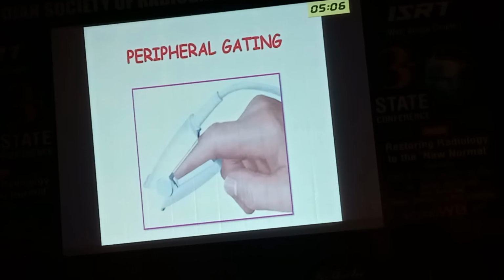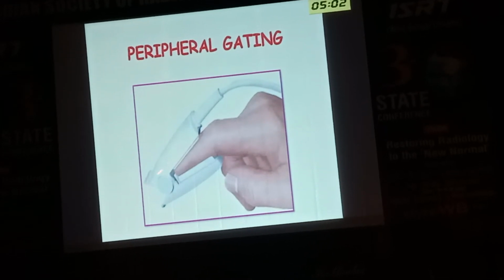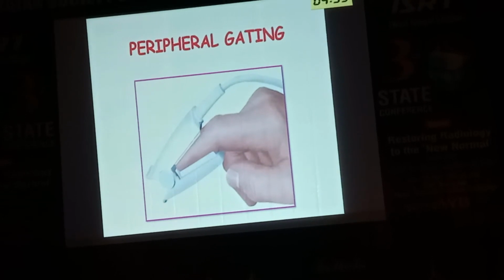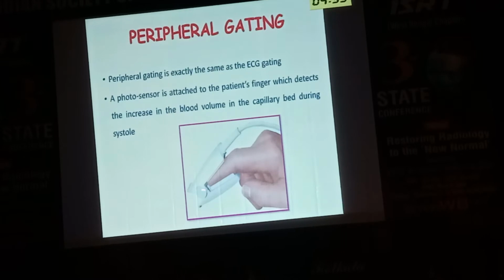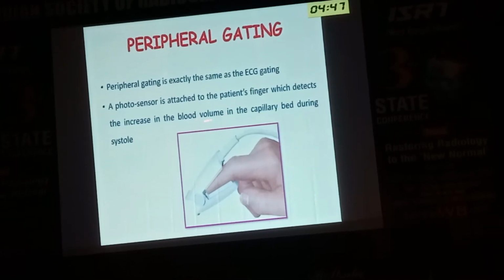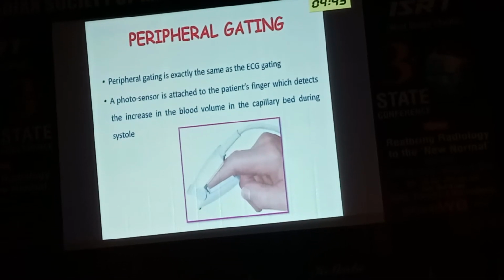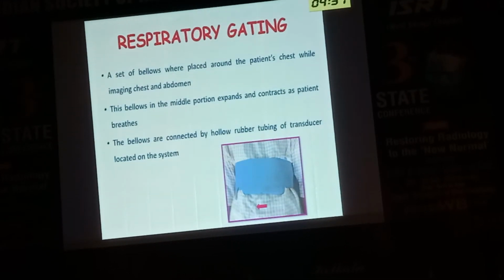Now the next one is peripheral gating. What is peripheral gating? Like a pulse oximeter, you will have a device called a peripheral pulse device. What it will do is, see here, we have a photo sensor. This photo sensor is attached to the patient's finger, and it will detect the blood volume in the capillary bed during the systole. During the systole, the blood flow in the capillary bed will increase. So that it will capture,